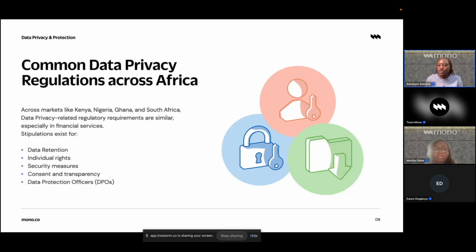Our regulations sometimes, not only data privacy, but almost across the whole board, might have peculiarities that relate to your country, but there tends to be a similarity, which would help you as a business better adapt. If you are compliant in, let's say, Nigeria and Ghana, then you're likely to be more compliant if you were to scale to a different country. So when we speak on some of the obligations that we have as a business, the first thing would be data retention.